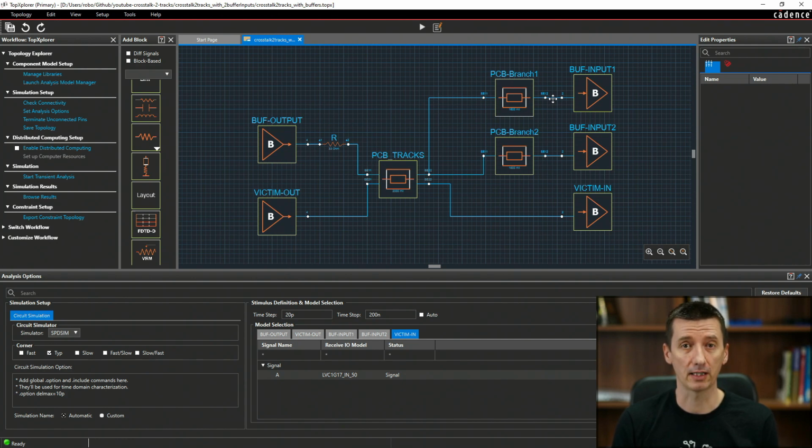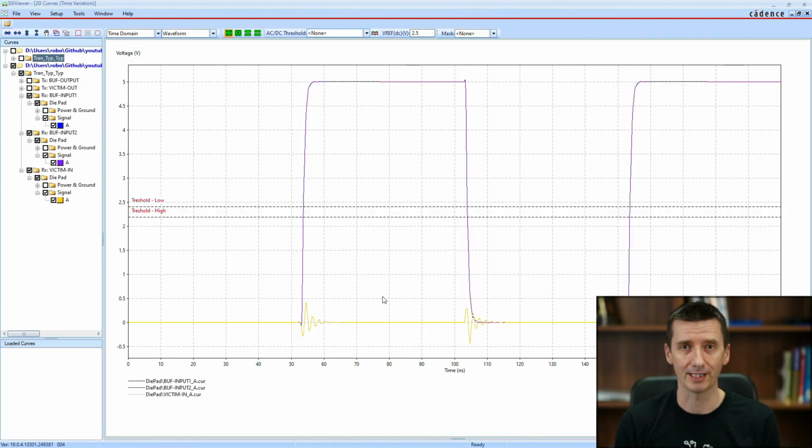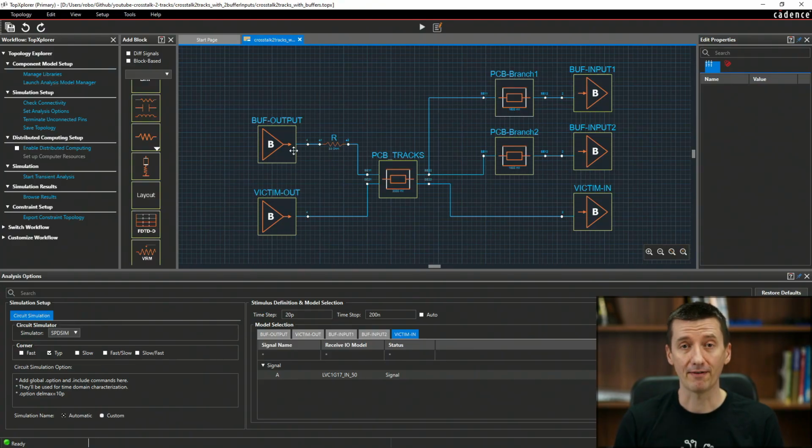But still, even if we didn't meet this impedance on the inputs of these buffers, we are still able to get a very nice high quality signal. This is very interesting because many buffers and many chips are not really specifically designed to meet 50 ohm impedance.